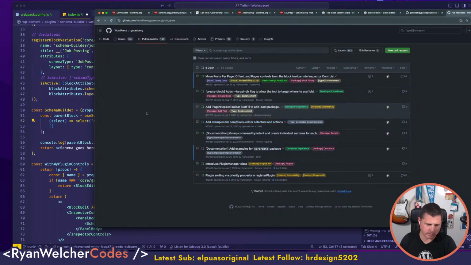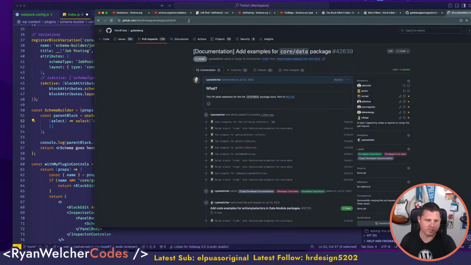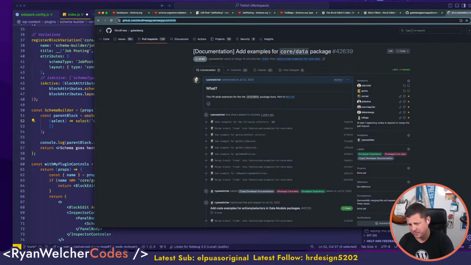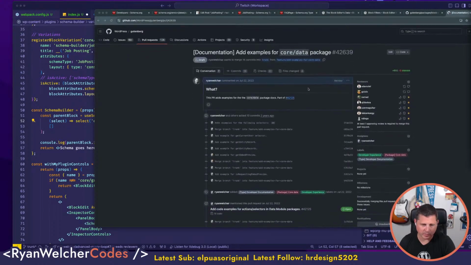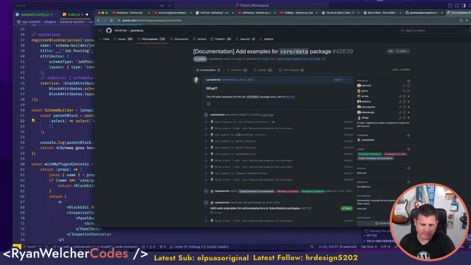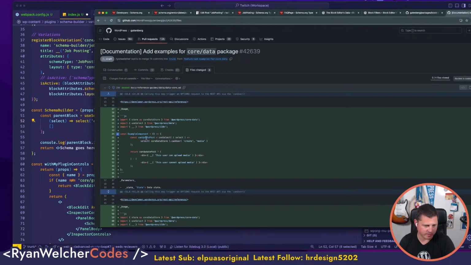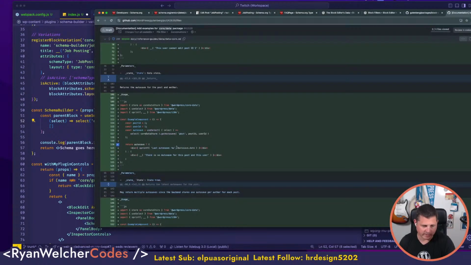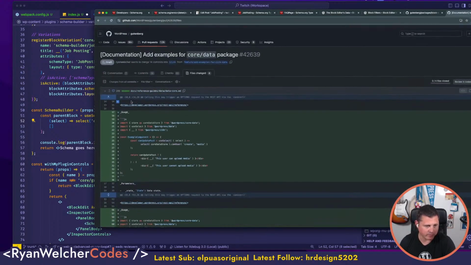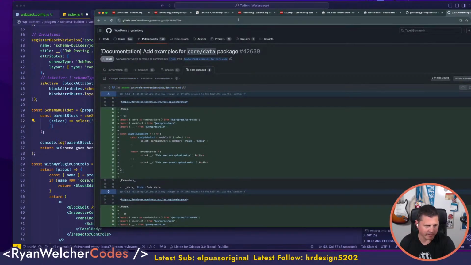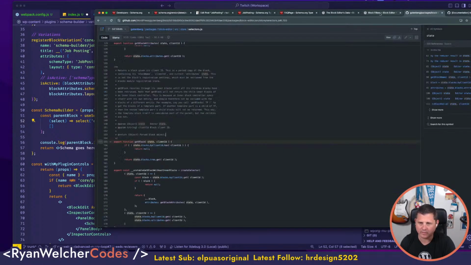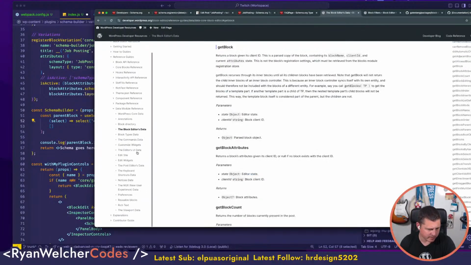So where is this? Add examples for the core block data. This is the pull request that I've been working on. It's a big pull request. There's lots to do here, but basically what we're doing is adding examples to each store, right? That's what I've been working on. There's some stuff in there now. Some have been done. So if we look at like